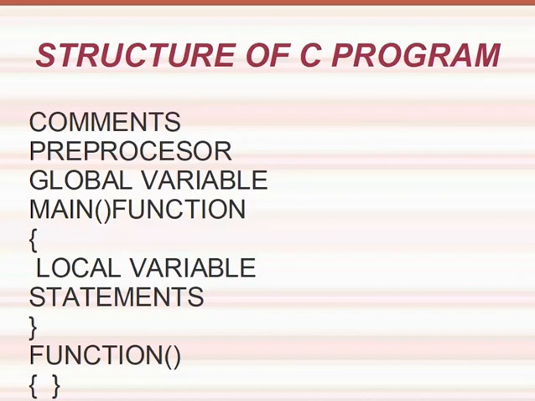The next is the main function, which is a very important part of every C program. Without it, no C program can work. The main function has two parts, local variables and statements. Local variable means that the variable you are declaring in the main function can be used only in the main function. No other function in the program can access these variables. Similarly, moving down, we have a user-defined function, which also has local variables and statements. And similarly, here also the local variables you use can be accessed by this function only, not by other functions. Moving further,